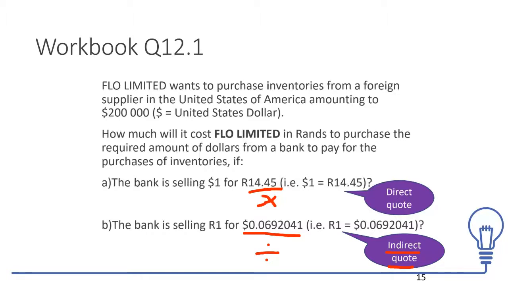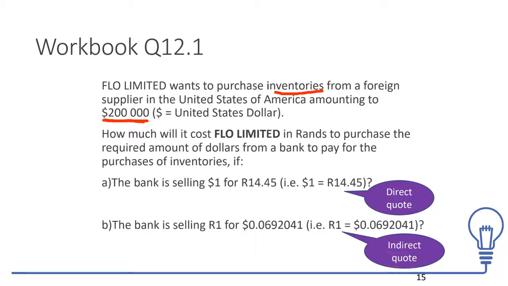Okay, so let's have a look at this scenario, right? So in this scenario, I'm just going to give you a rundown, right? So a very quick thing. We're not going to read the whole thing. So we've got 200,000 US dollars that we need to pay for inventories, right? So we're buying inventories. We need 200,000 US dollars. We get 2 rates. Okay, so we get 2 rates. The first rate is